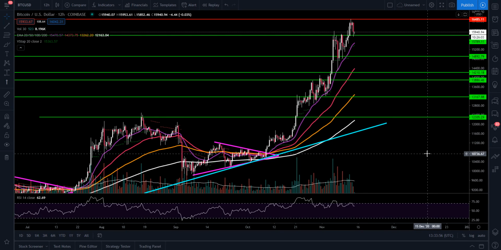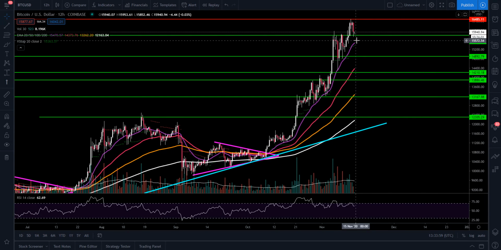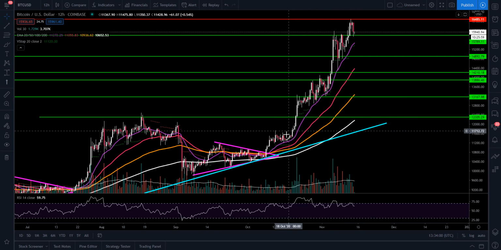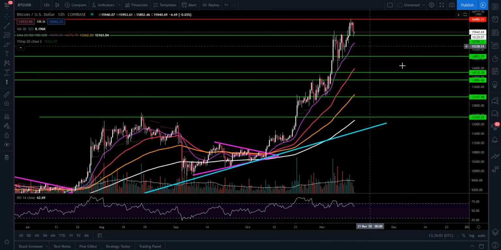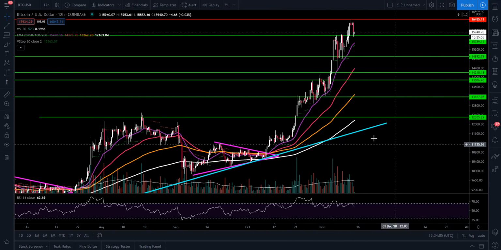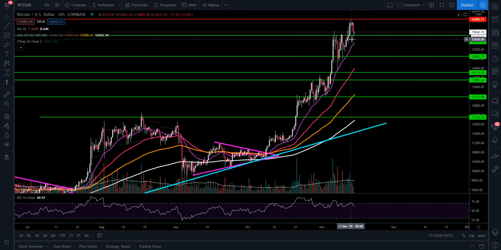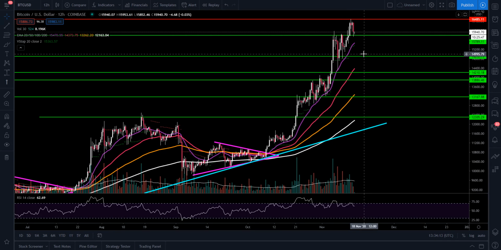And this is what I've been looking at. I've done a couple videos on it. This 20 EMA right here in purple on the 12 hour time frame. So out of this symmetrical triangle, we have stayed up above that the entire time. So once we start having candle closes below that, that may be a sign there that we may start having